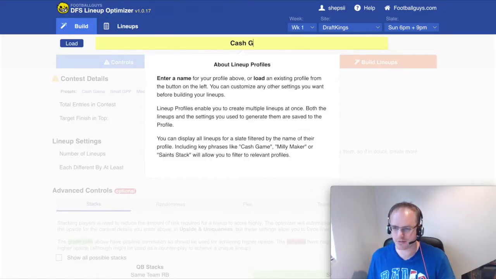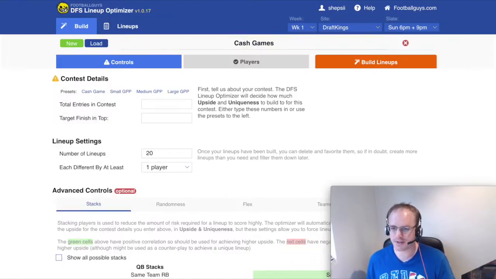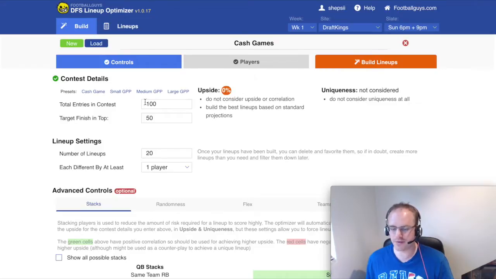So we're just going to do some cash game lineups. So I'm going to call the profile cash games. Then there's only one thing you need to do here, which is just to give the optimizer details of the contest that you're building for. And we've got some presets along the top there, and one of them is cash game. So I'm just going to hit that, which sets it to a 100 entry contest where it's paid to finish